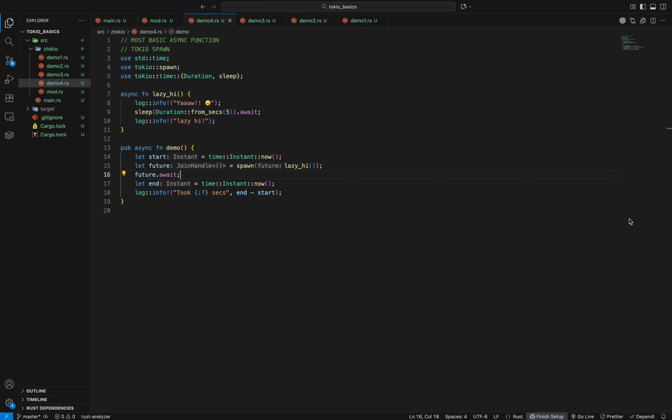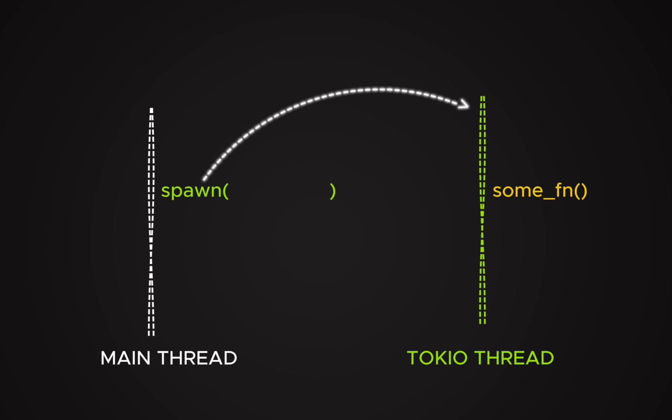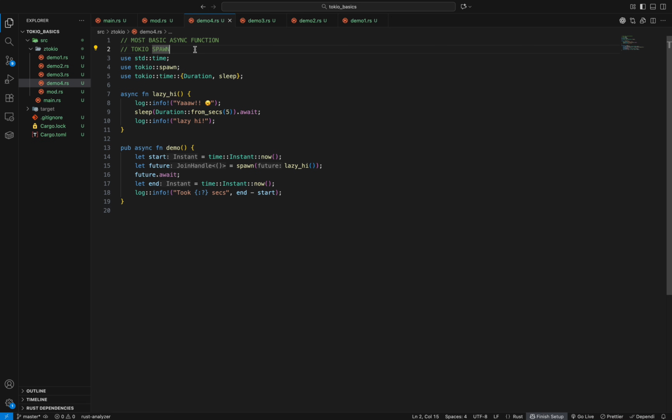it takes 5 seconds to run it, but although this is doing it concurrently, we are not able to tell the difference. So every time you pass your future as an argument to the spawn function, Tokio creates a thread and handles execution of this function concurrently. So calling the spawn function creates what's called a lightweight thread or a green thread. These threads are handled by the Tokio module, and these are different from the threads available in the standard library. We'll look at the difference between the two threads shortly, but this is the right way to invoke your function